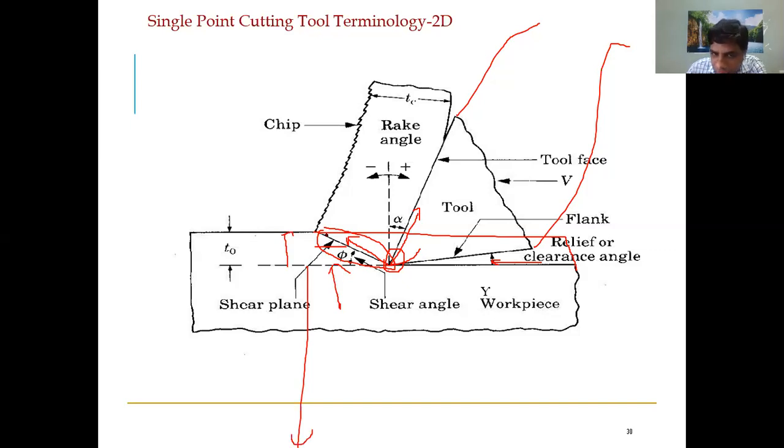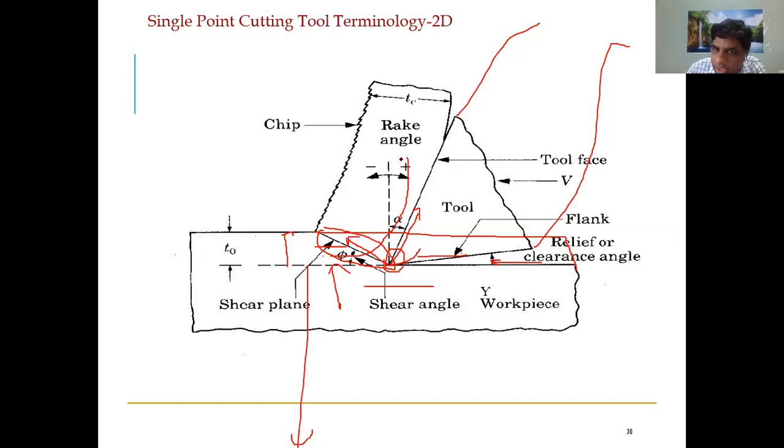So from this material, a small thickness of material is removed. How is this removed? By penetrating this sharp tool here, you are applying some kind of shear forces. Because of this shear force, the material is deforming and coming out. Once this layer of material is separated, what happens? It is coming out, because here you have a cutting tool, so this material cannot go in this direction, right? So it has to go on the surface only.